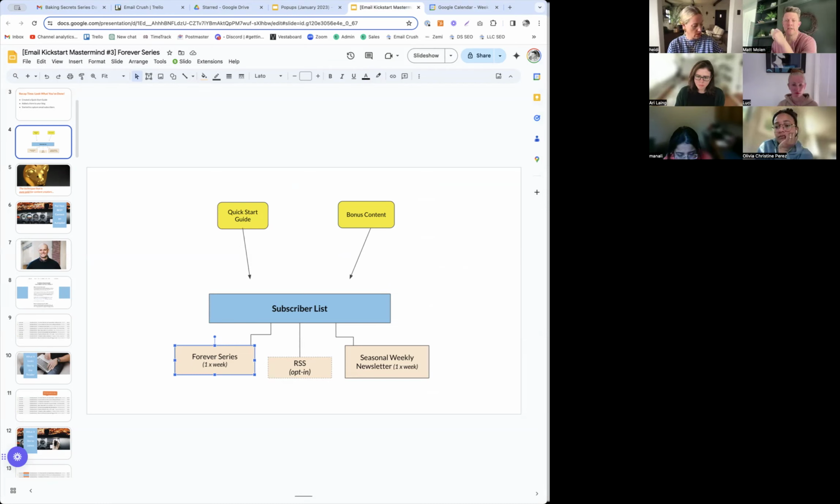How complicated is it technically to set up a seasonal Forever Series? I get this question a lot, and frankly, I don't quite understand it. I'm just being honest. For example, let's say that at the end of the year, you have a New Year's recipes or New Year's party email. If you sent it one time, if you're using something like ConvertKit, MailerLite, or MailChimp, all you have to do is go into that email, right-click on it, hit duplicate, and set the date that you want it to go again. It's really hard in all of those platforms to try to get a sequence to match up to exact dates. Some people have figured it out, but I don't even bother.